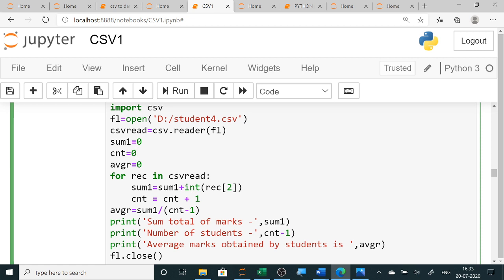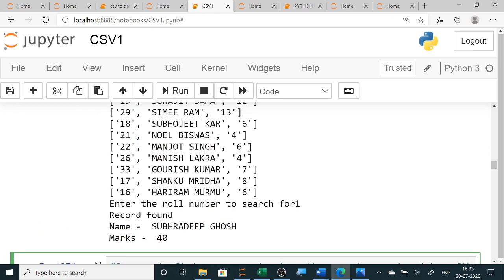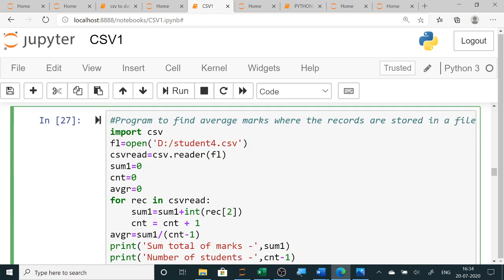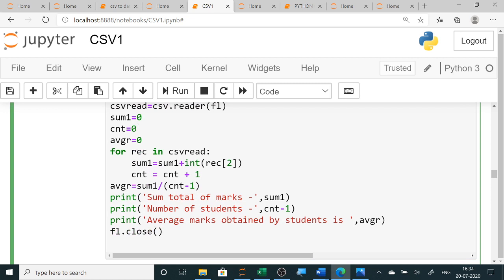So here I have started. In this, it collects one record at a time, and rec[2] is my marks, the last column. Since you have seen that while displaying the data all the data are in string form, I have used the int function, which converts the string into an integer, and then it stores it in sum. So the average will be the total sum divided by the total number of students.